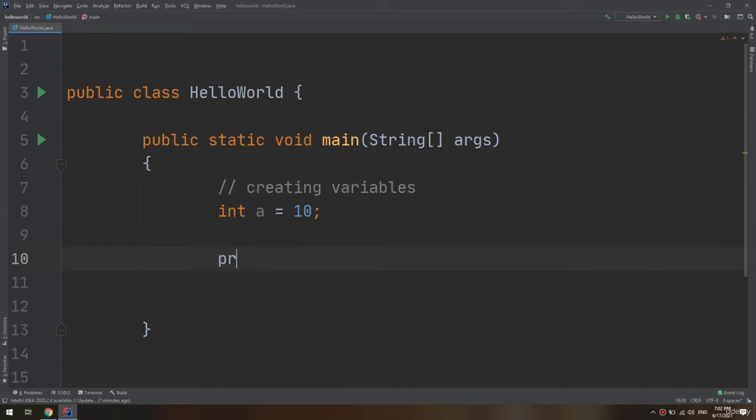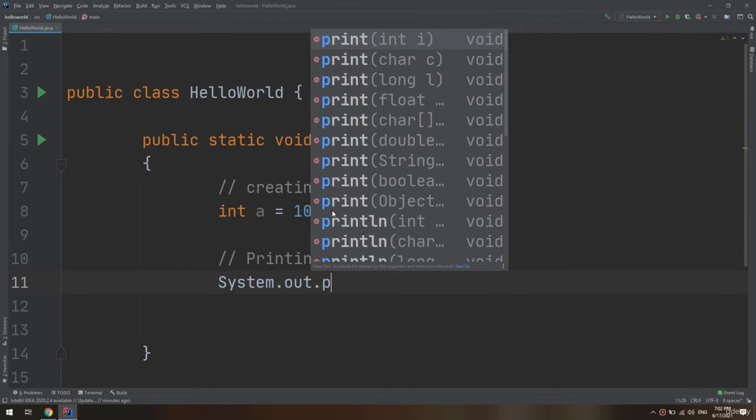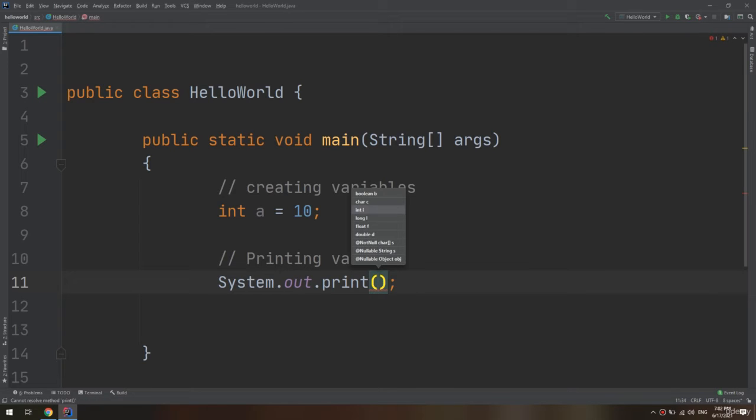I need to print this. So in order to print the variable, I need, as I told you in the previous video, System.out.print. So "a equals", you see guys,